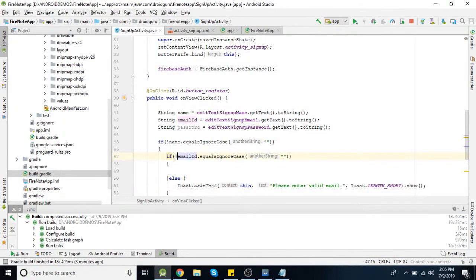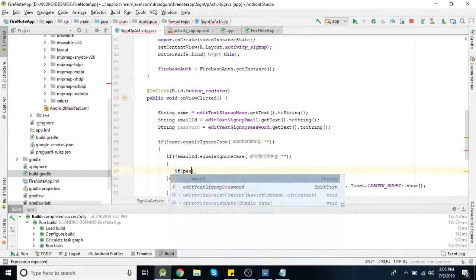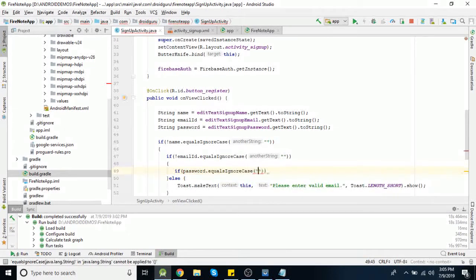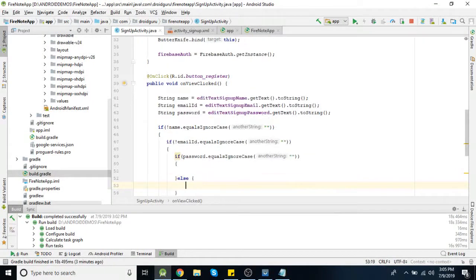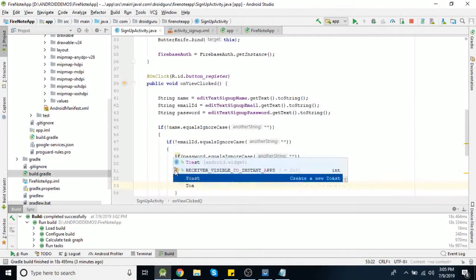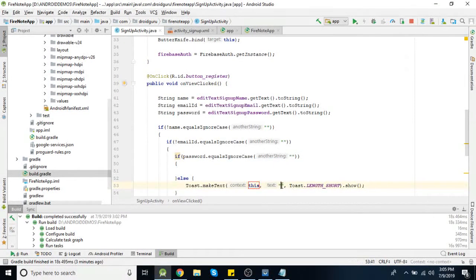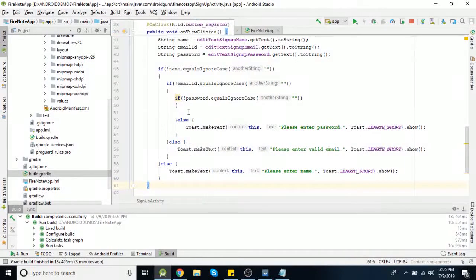And finally we need to check the password. Okay, so if all these values are valid, then we can write the code here.